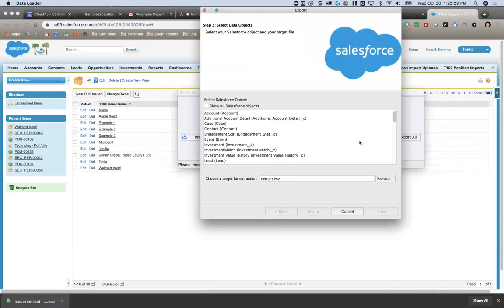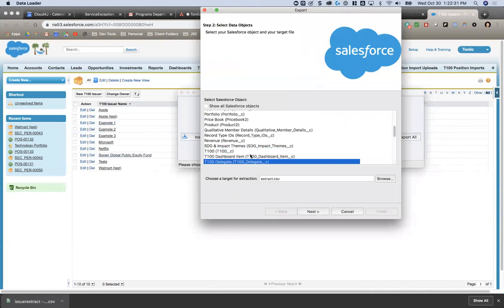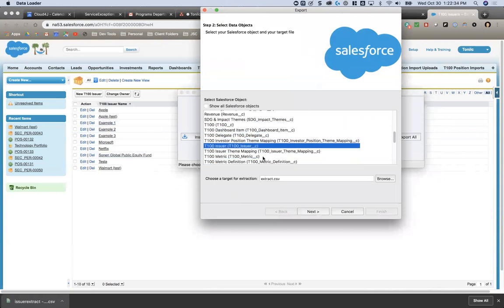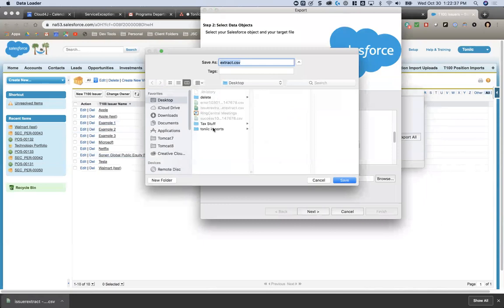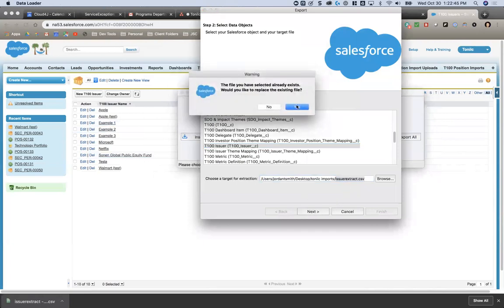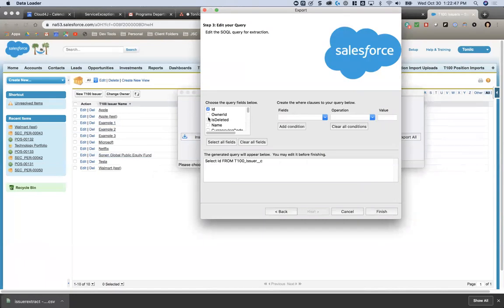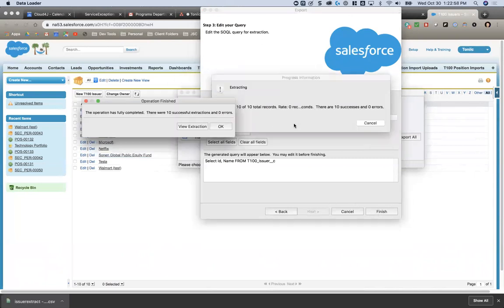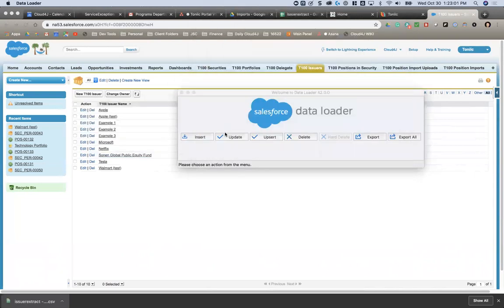So then you just export it again, because we need the ID of those new ones. You have to do a VLOOKUP to exactly match the security to the ID. I'm going to overwrite the first one we did, to try to keep it clean. So now I want the ID. Really, I only need ID and name. Those are my two fields I need for the VLOOKUP. So we'll finish. This grabs all of them. You might be able to limit that down, but then we want to go back to